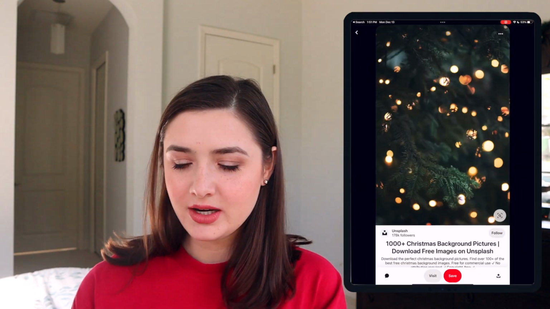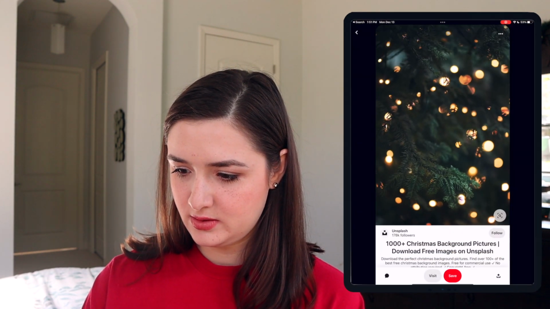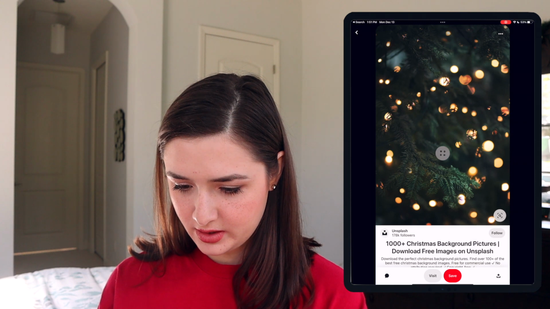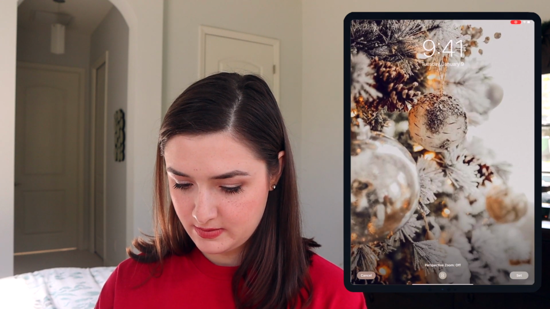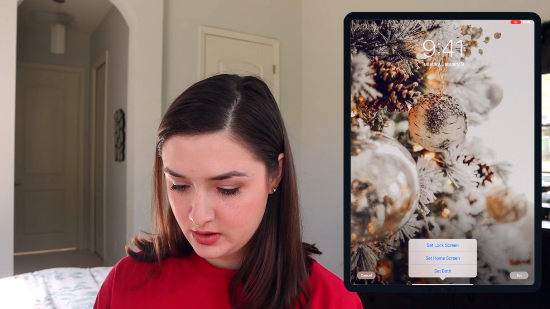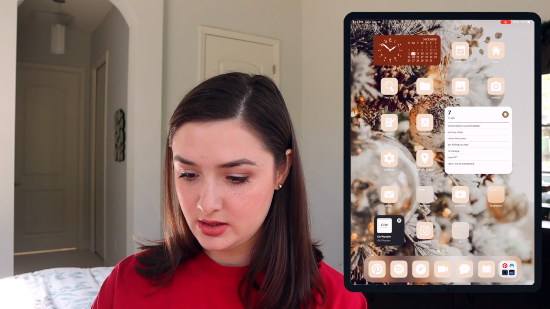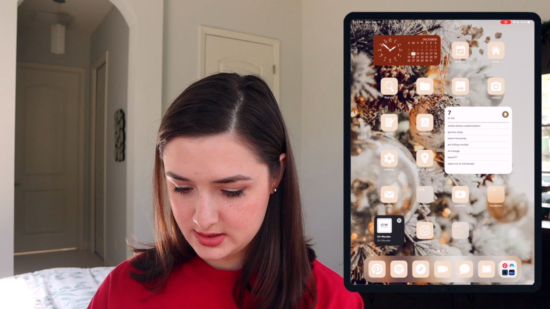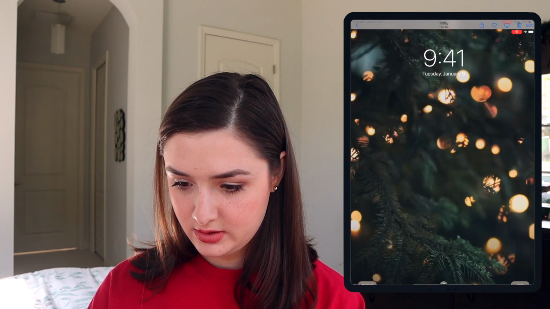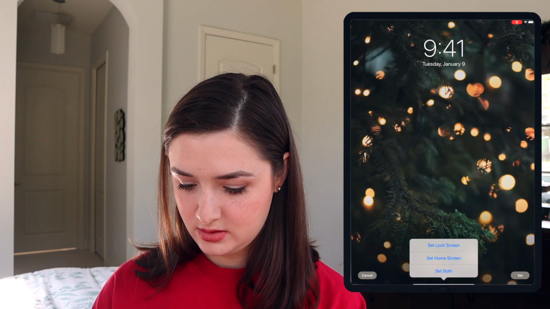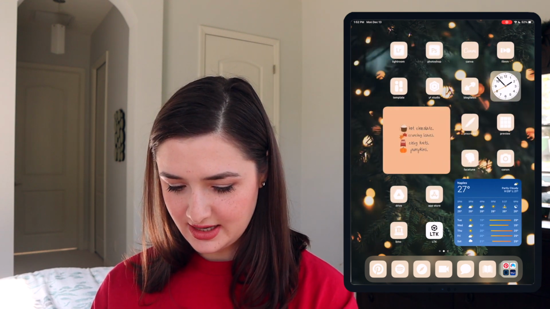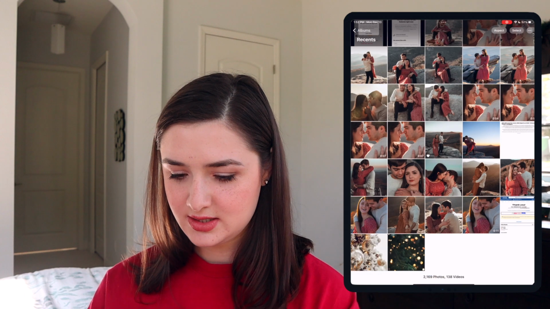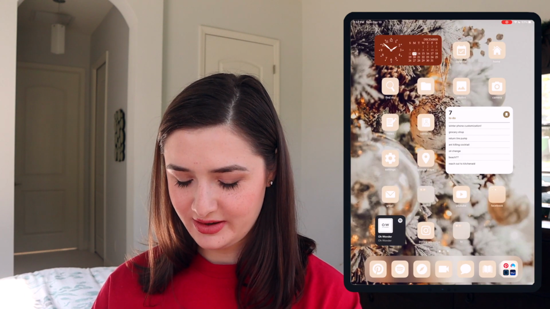Okay, I think I'm gonna go with this one. I just want to see if it'll work. Actually, I really like this one as well. Okay, wait, let's try this one first. So, okay, that's an option. Let me do the other one and see which one I prefer. I do like the contrast of this one, but I think I'm gonna choose this one. It just works better. I like it better.